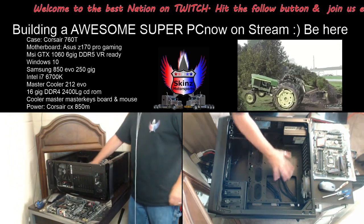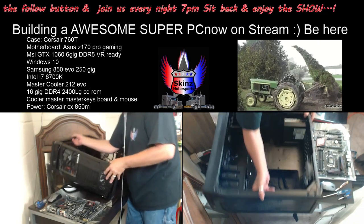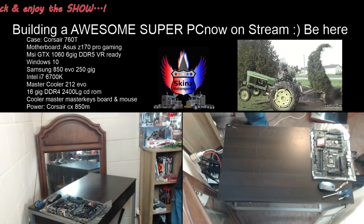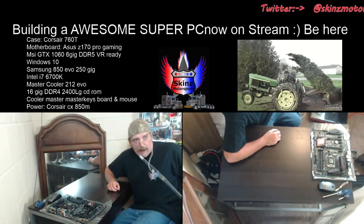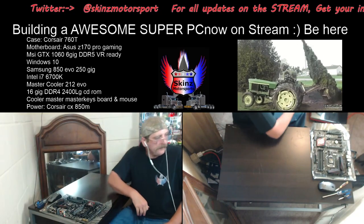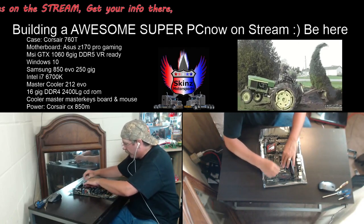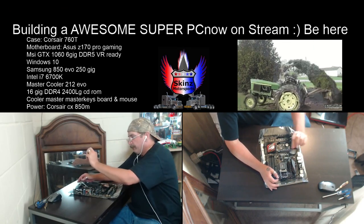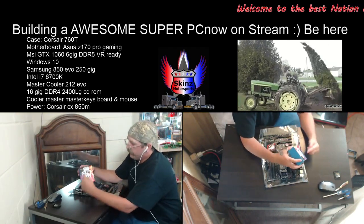Alright. So now that we've tested that and made sure it fits, the back panel is in, we can remove the case from our build area. And now we can sit down and prep our motherboard. First thing we want to do with our motherboard is unlock and take this plastic piece out for the processor. Then we want to take this Intel